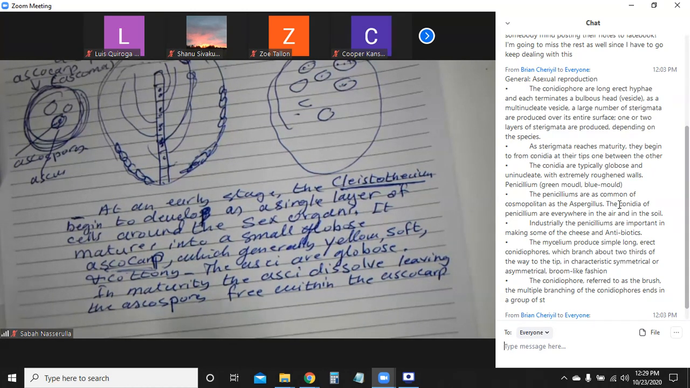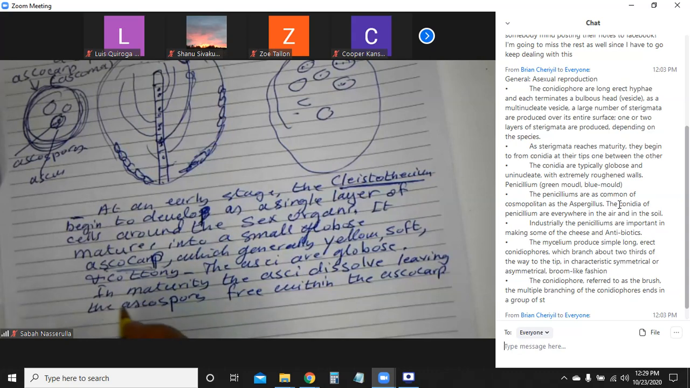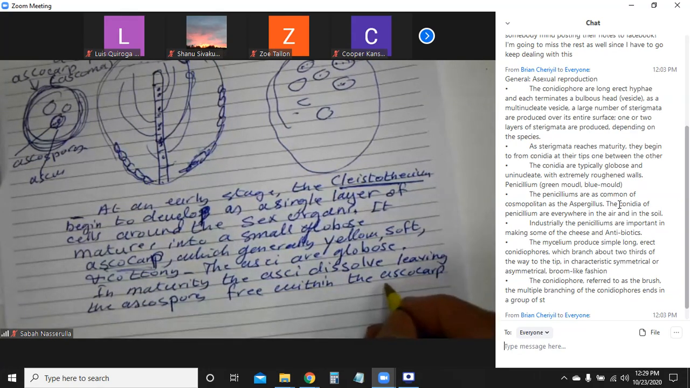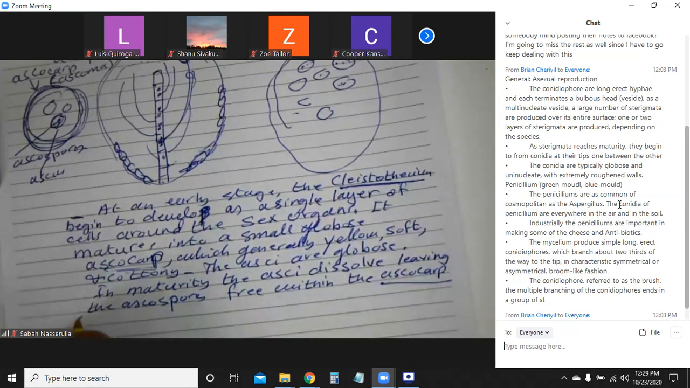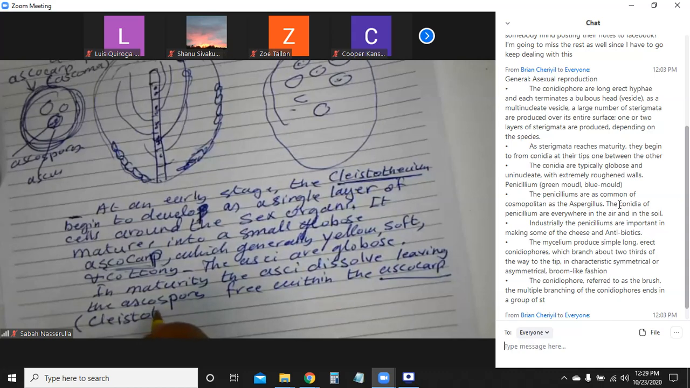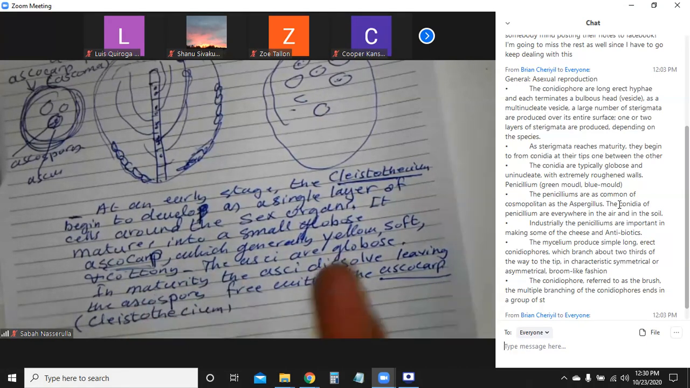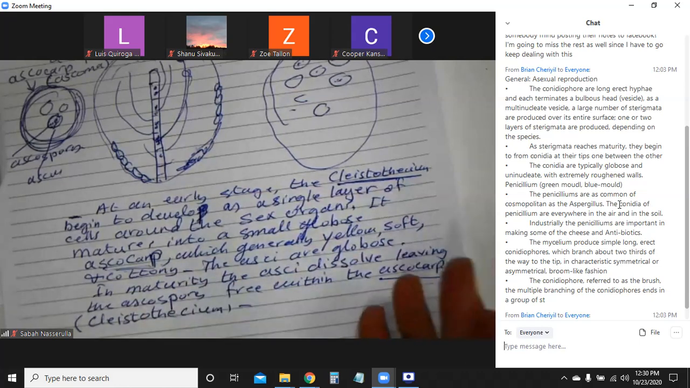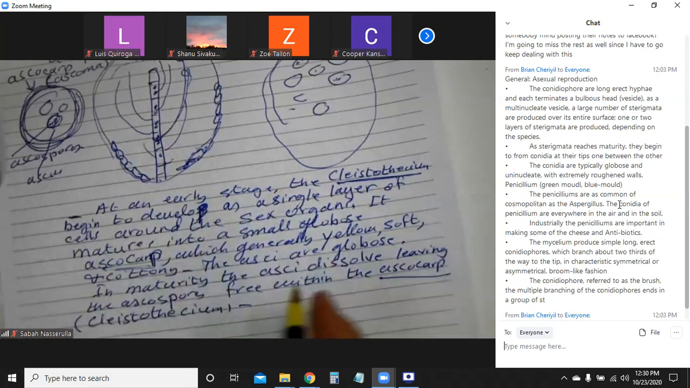Within the ascocarp, which is the same thing. The ascocarp, or in other words here, is the cleistothecium. Then of course later on, when the ascocarp is cracked, and then